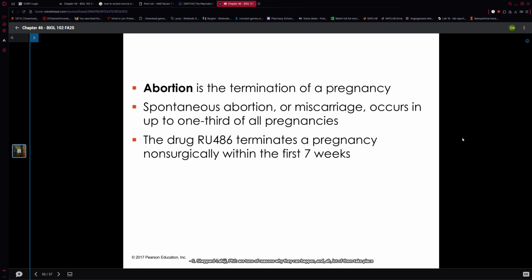There are tons of reasons why they can happen, and a lot of them take place really early on within the first trimester. But there can also be drugs that can achieve this same idea, which is to terminate a pregnancy. And it's a non-surgical procedure, the one that's shown here. And the idea behind the drug is that it creates essentially an inhospitable environment for blastocyst implantation. And so as a result, the uterine lining is going to be shed. And in doing so, there's not going to be anything for the blastocyst to implant itself into and receive nutrients from.